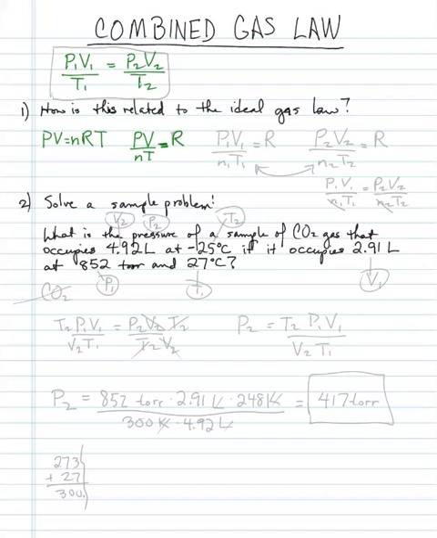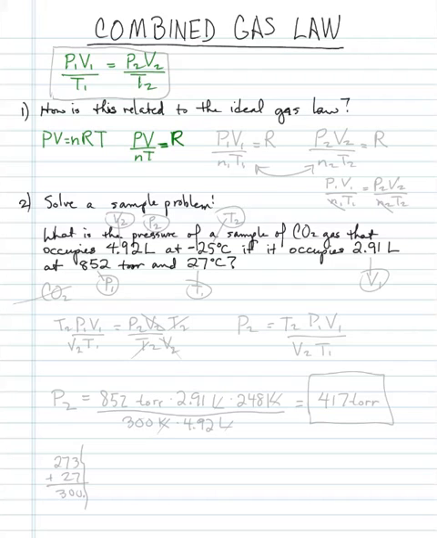So anytime we know the pressure, volume, and temperature, we know the number of moles. If we know the number of moles, pressure, and volume, we can figure out what the temperature ought to be. If we know the temperature, moles, and pressure, we can figure out the volume. Because every set of conditions that you can have an ideal gas under, these four things will always